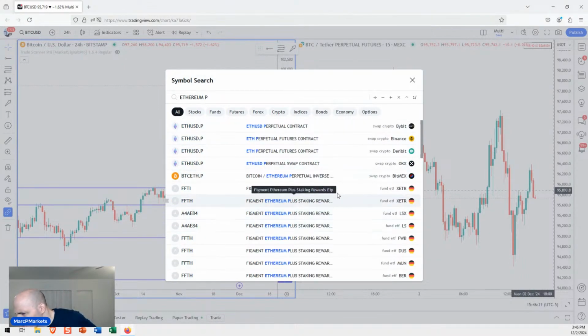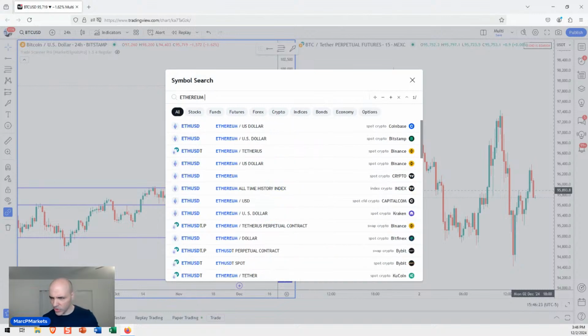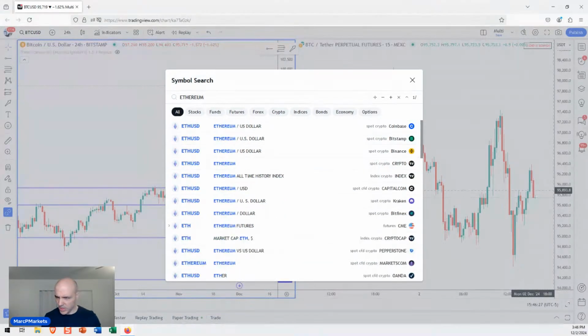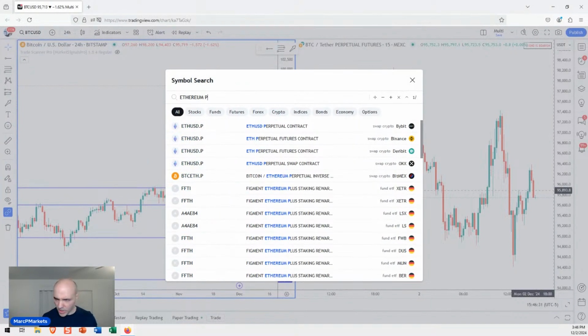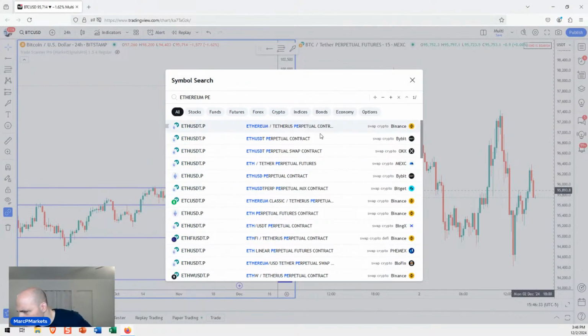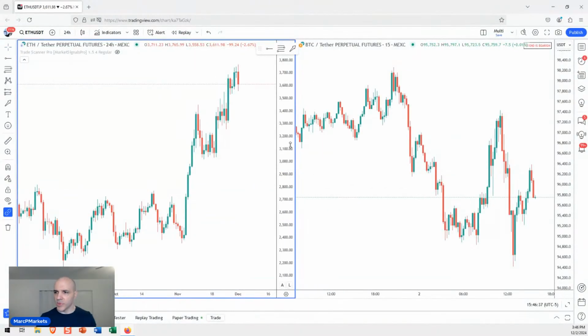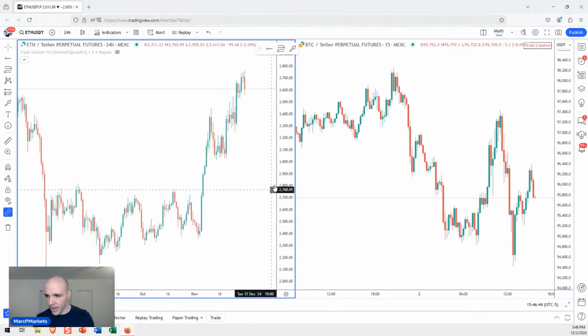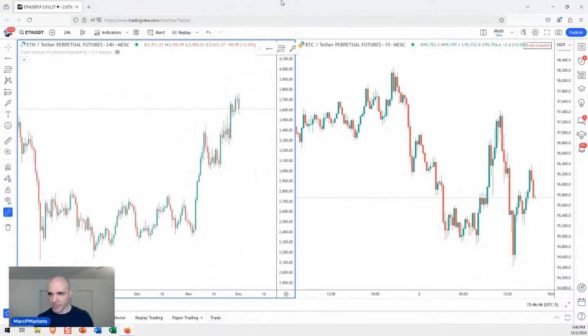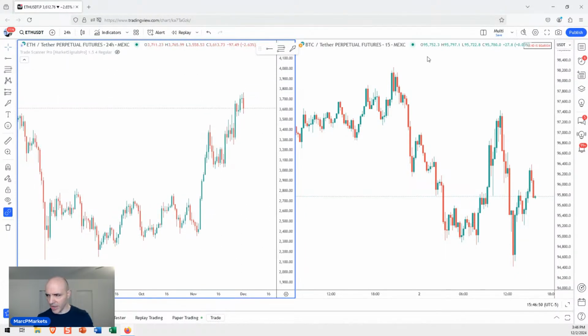No, there's other ones on here, but I like to use MEXC. Let me see. Perpetual, there we go, the swap right here. There it is. Okay, MEXC. So it doesn't matter which one you use. I just like to use MEXC because that's one of Stian's affiliate links. And I like their data feed, but it doesn't really mean anything. All right, so this is Ethereum on the daily time frame.